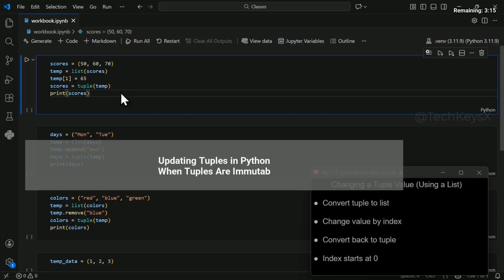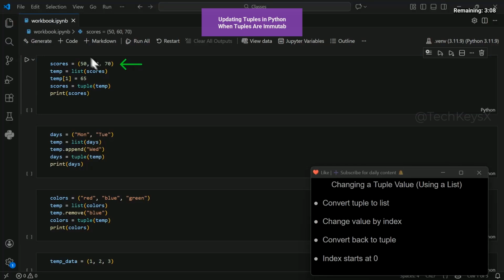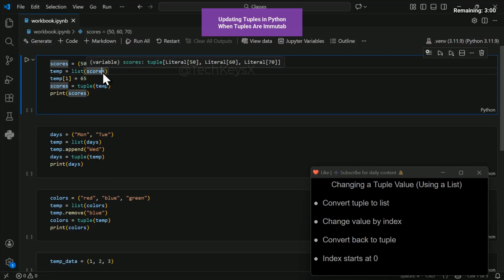Updating tuples in Python when tuples are immutable. So here we have a tuple with the following numbers. This tuple is unchangeable. It's stored in this variable called scores, but we cannot add, append, or remove items from it. So in this video, I'm going to show you how to do those operations when you really need to